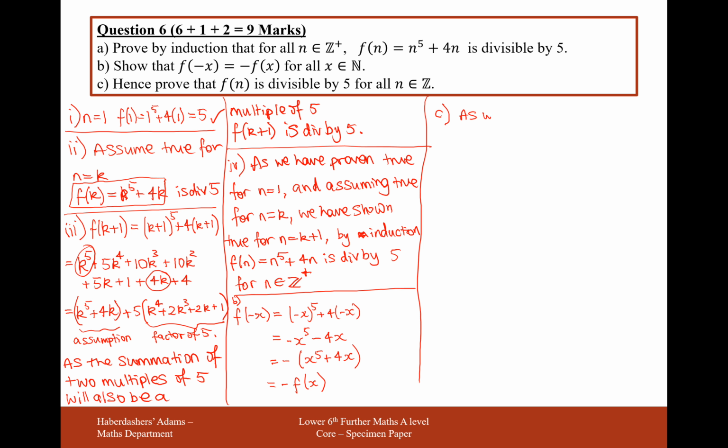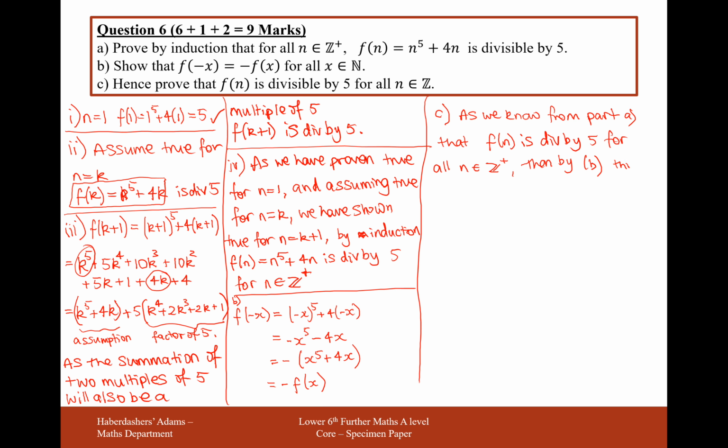As we know from part A that f of n is divisible by 5 for all n exists in Z plus, then by part B,